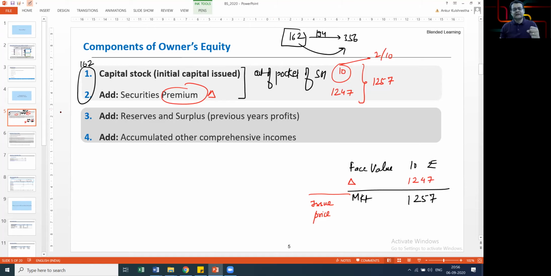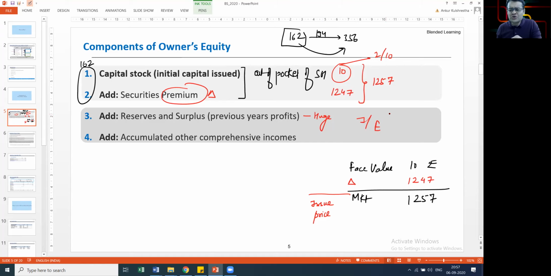Pockets 3 and 4 are again clubbed together. This is the third and the fourth pocket, which has to do with incomes and expenses that the business is going to earn for the shareholders. So 3 and 4 don't come out of the pocket of the shareholders. In fact, that's the increment in the wealth because business is doing well. Typically, for a startup, this three is going to be a huge negative. Typically, for a successful company like Alphabet or Apple, or Amazon is not a great example because Amazon is more a valuation game than a profitability game. But Apple is a classic example. Coca-Cola, McDonald's, and in the Indian context, Maruti Suzuki, Reliance Industries.